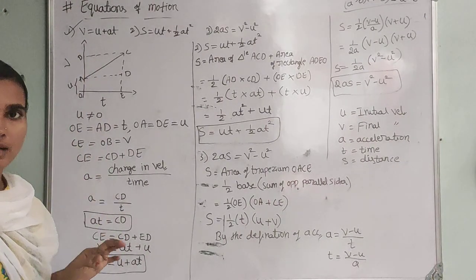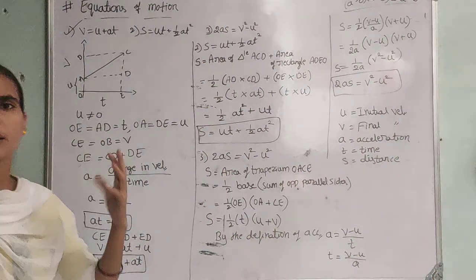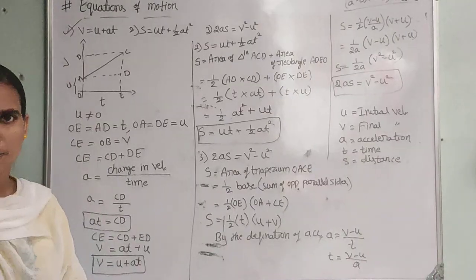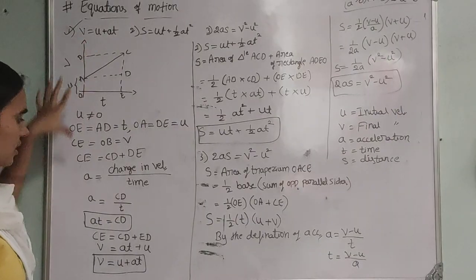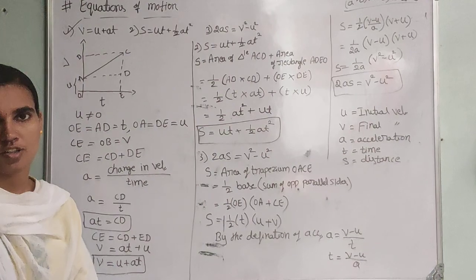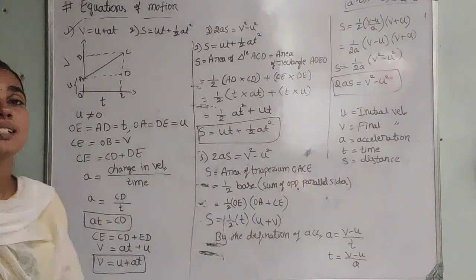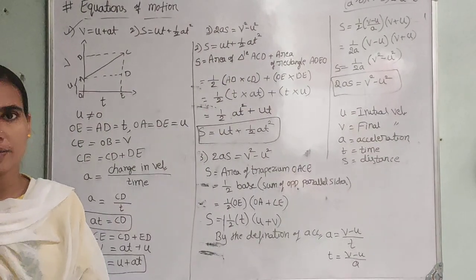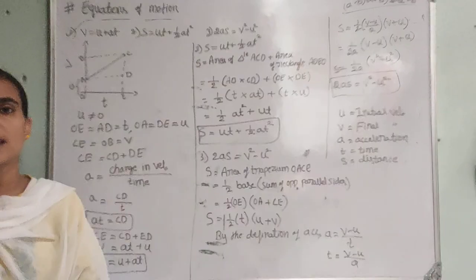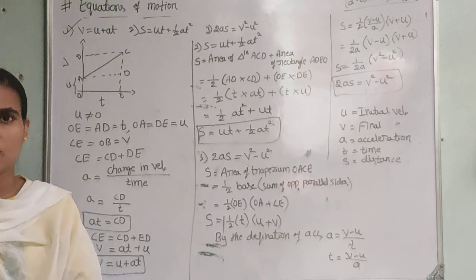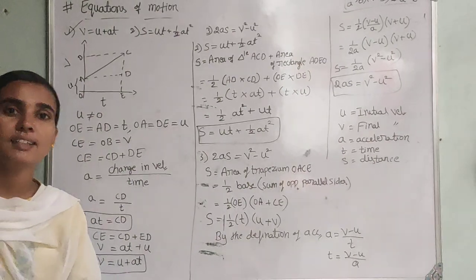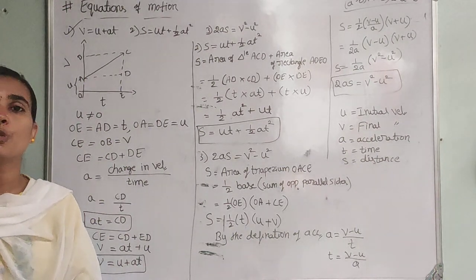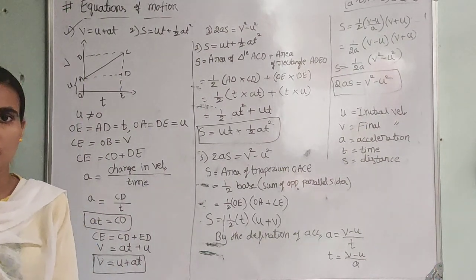You can take any alphabet instead of taking ABCD, you can take PQRS, XYZ, any alphabet. Whatever alphabets you are taking, those must be in this derivation. So dear students, you must practice these things. Then only you can understand the derivation and solve it in the examination. Otherwise you can't solve. Just practice the thing and you can understand. I hope all of you understand this concept. If you feel any difficulty, you can ask me. Okay, thank you.